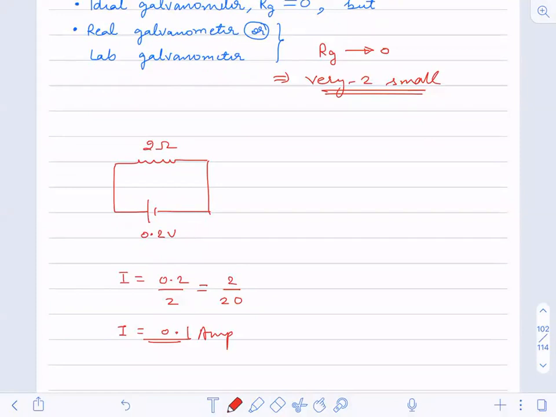Now I am telling you to just verify with the device. Suppose I give you a device, this galvanometer, and tell you to find the current flowing through the 2 ohm resistor. Where will you connect it? Will you connect it at this point, position 1, or will you connect it here at position 2? Where are you going to connect the galvanometer in order to measure the current, 1 or 2?